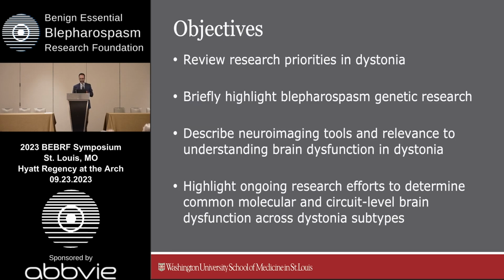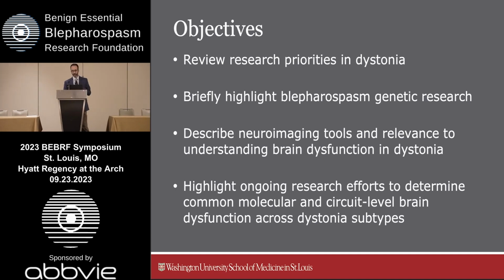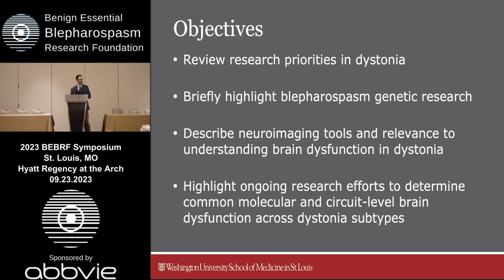Thank you. So in this talk, we're going to talk about the research priorities in dystonia. We're going to highlight the second part of those priorities that I mentioned before. We're going to highlight blepharospasm genetic research. I'm not an expert in genetics research, but I do want to bring up that component because that is a priority of which there is some progress. And then I'm going to really focus in on neuroimaging tools, the relevance to understanding brain dysfunction in dystonia, and we're going to highlight the ongoing research efforts to determine common molecular and circuit level or network dysfunction in patients